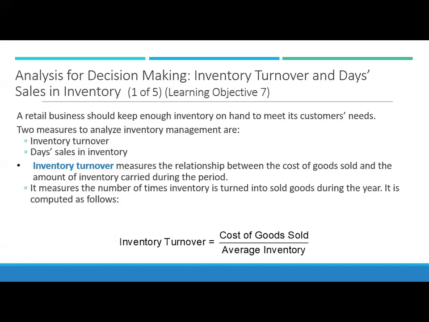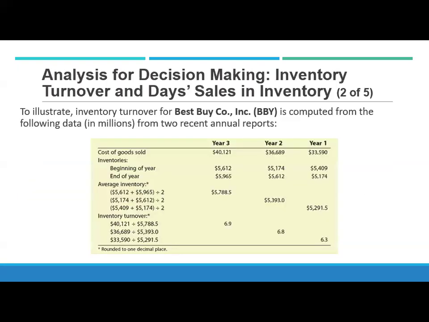So we'll talk a little bit now about the inventory turnover ratio and days sales in inventory. And this is a measure of how efficiently a company is using their inventory, and managing the inventory that they have on hand. And so inventory turnover is cost of goods sold divided by average inventory. We get our average inventory by taking the beginning of year inventory plus the end of year inventory divided by 2. And in this example for Best Buy,